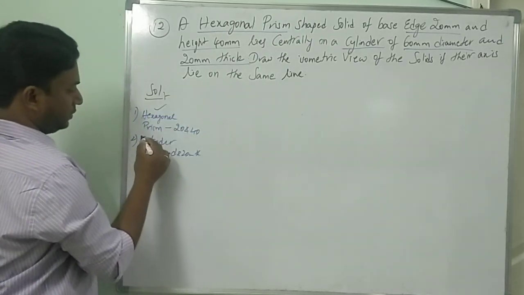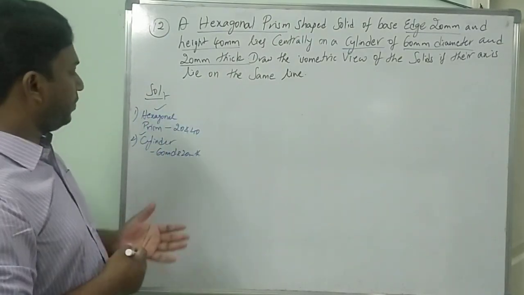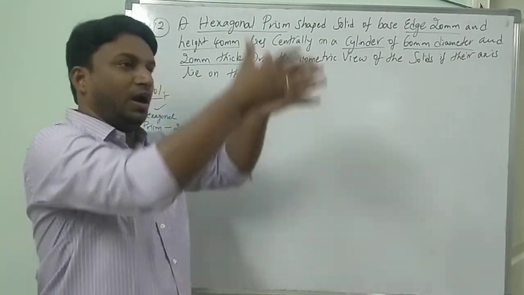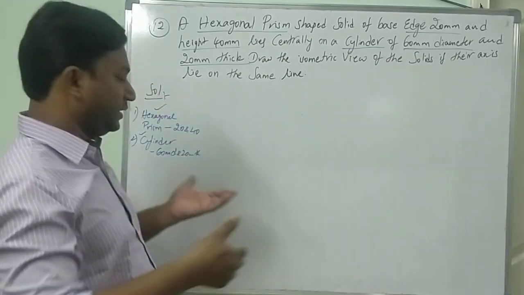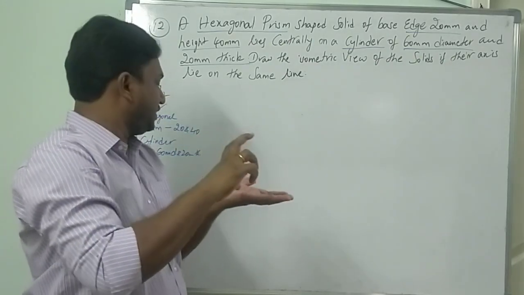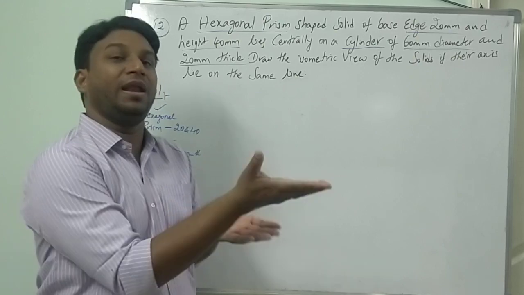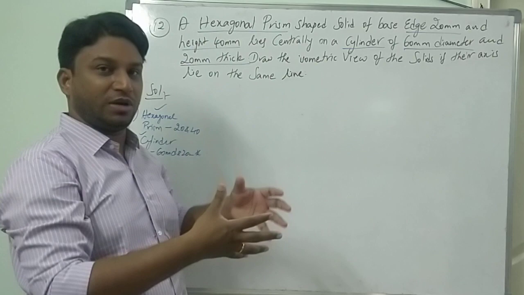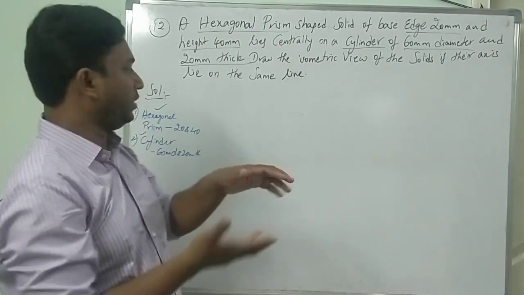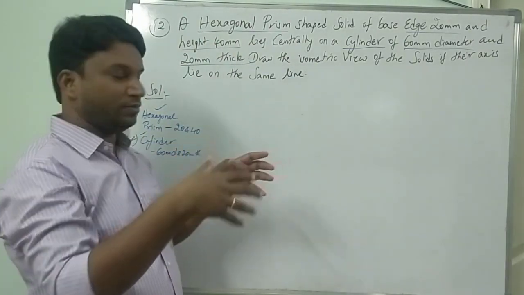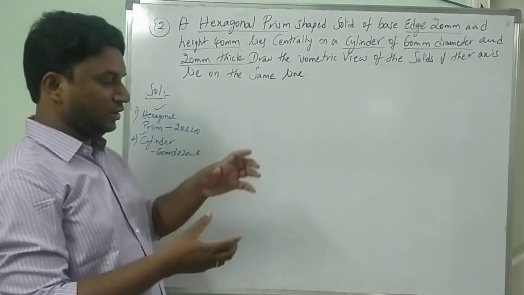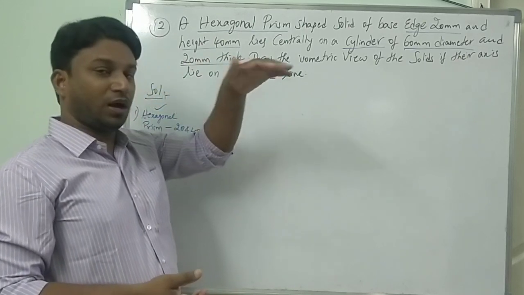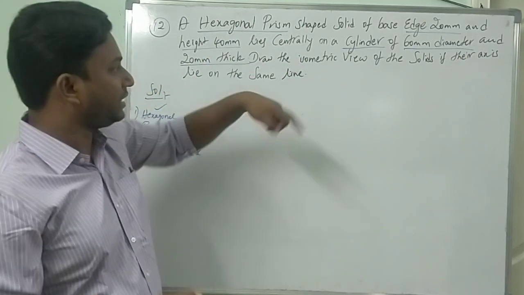First one is on top, second one is at the bottom, the cylinder. Here you can see the diameter is 60 mm and 20 mm is the thickness. It will be simply like a plate. If it had more height, it would look like a big chimney or cylindrical block, but here it's only a small thickness. On that sits the hexagonal prism, each side 20 mm, and they are basically with a central axis.